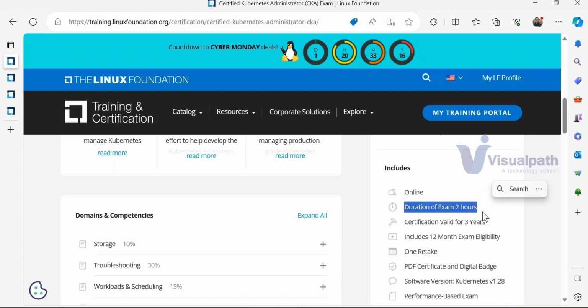Certification is valid for three years only, right? You might be wondering why only 3 years. The goal is not to make money, to take more and more money every 3 years from you. It is not the goal. The goal here is that they think technology will change every three years, and it's a constant.